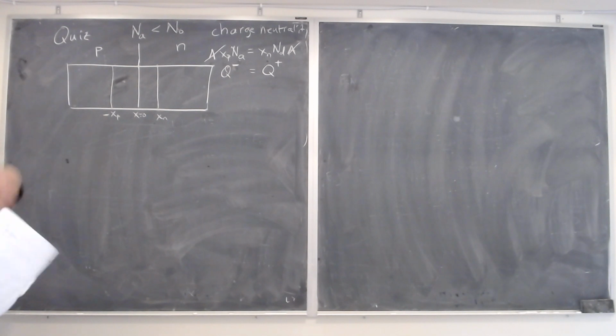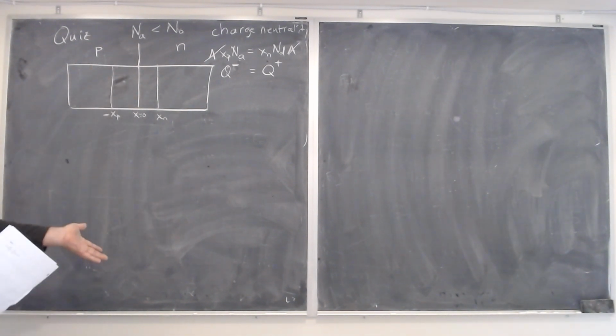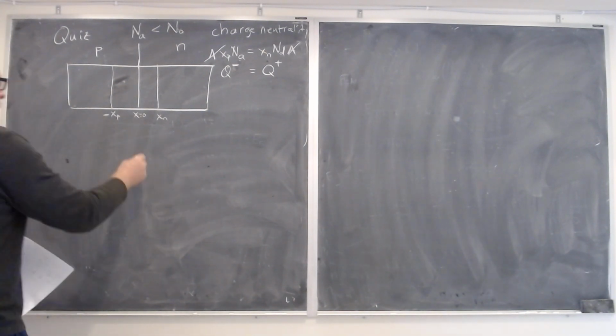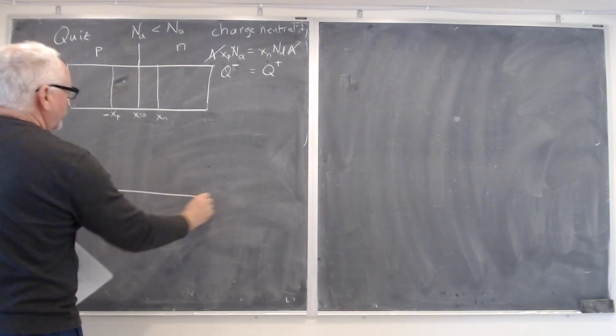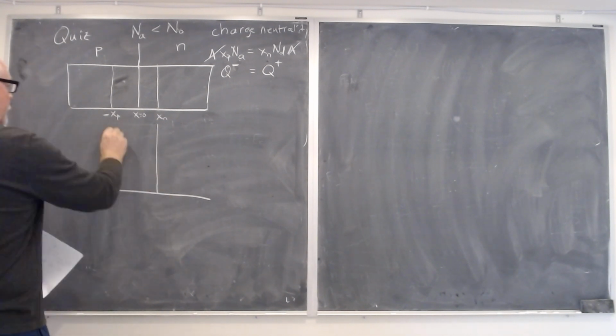I could have framed the question the other way. It's just that then you would have had to turn in a file in which you drew something, which would have been complicated. I could have said, Na is less than Nd, draw these two diagrams. All right, and that's this one, and then the other one is, from the last lecture,